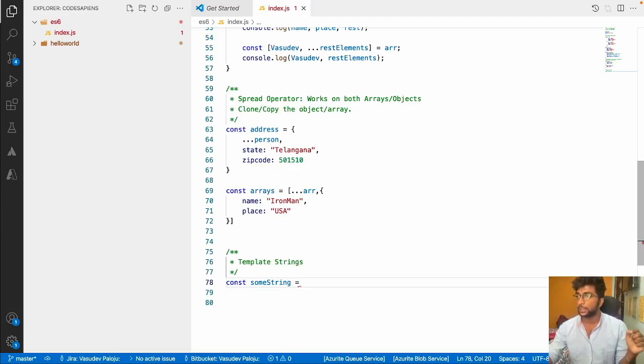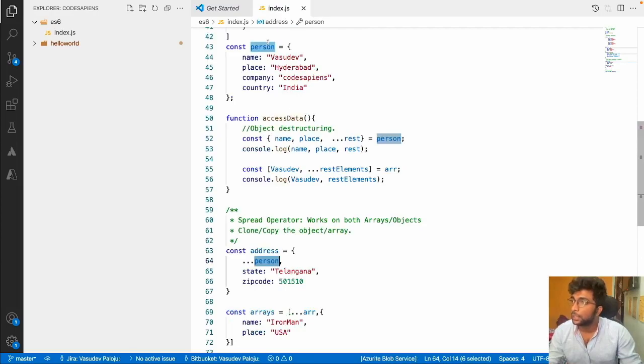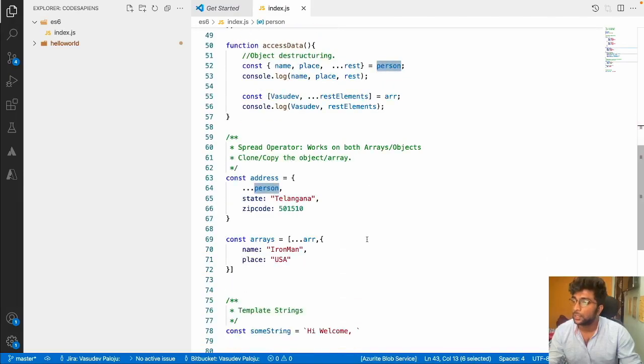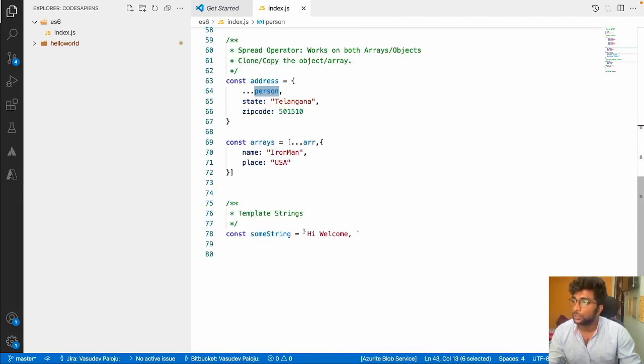So it means that now I want to define a string like this: hi, welcome, and then the key from the person, that is person.name. Okay, so how do I do this? So usually what we used to do like this: